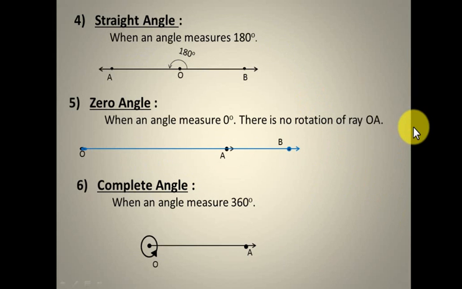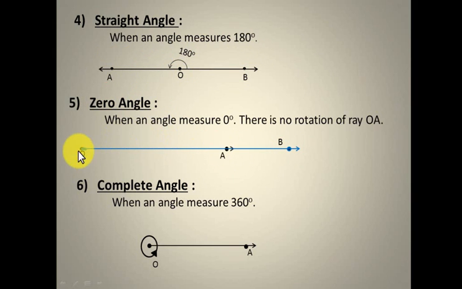Let's move further. Now what is a straight angle? When a point is on a line, its measure is 180 degrees. So a straight angle means a point has a 180 degree measure. It may be this also, or this, all are having 180 degrees. Okay. Next, zero angle. As I told you, when two rays meet at a point, we say an angle has been made. Here also, see, two rays are meeting each other.